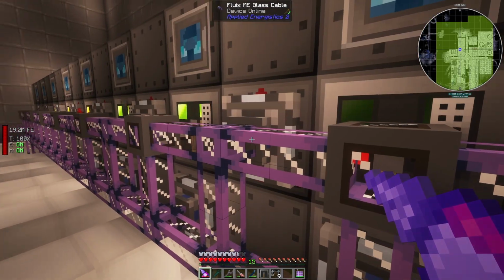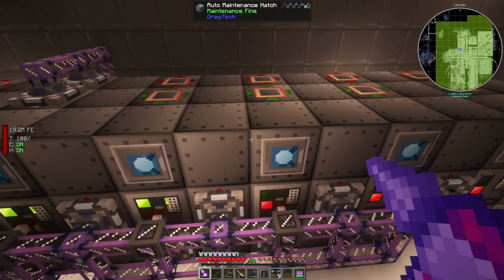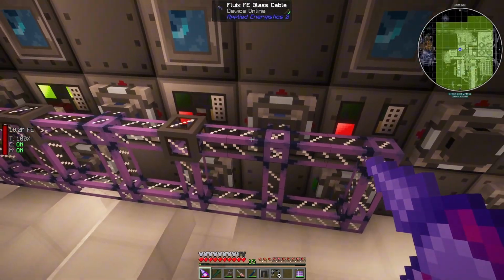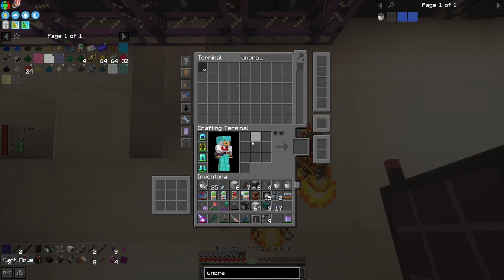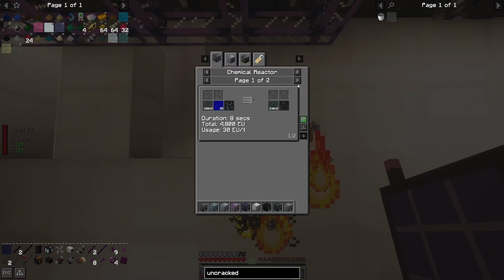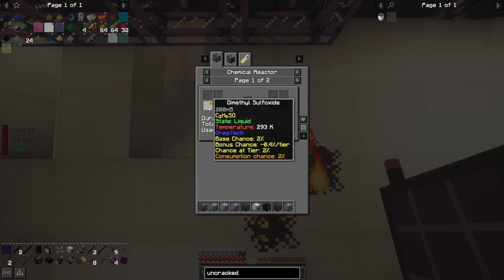Okay, it's still getting that. But these other machines are going to have to backlog before we get, I don't know, a happy medium, I guess. Okay, so uncracked ethyl cyanoacrylate. Now we just need to go and crack that. We'll have the ethyl cyanoacrylate, and